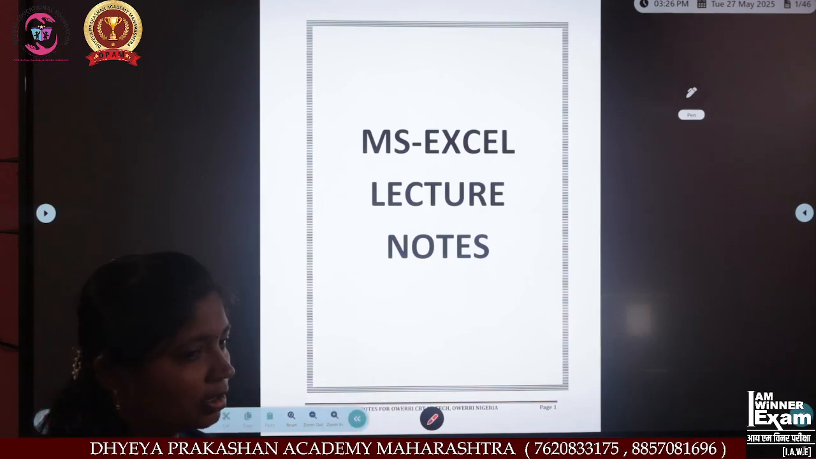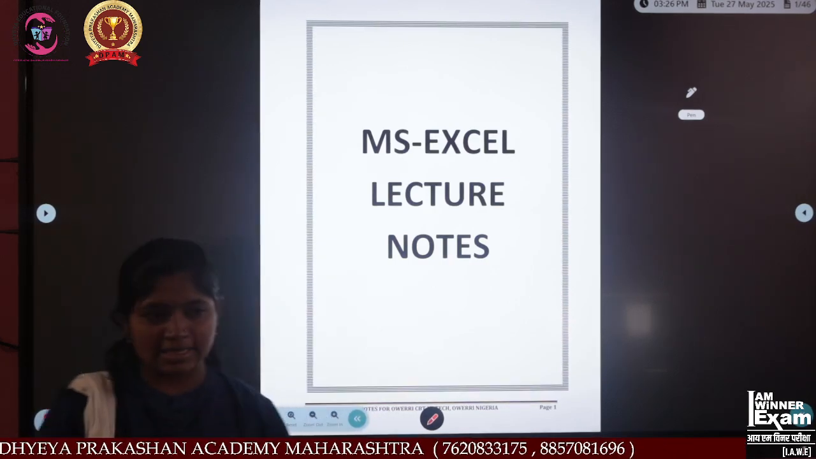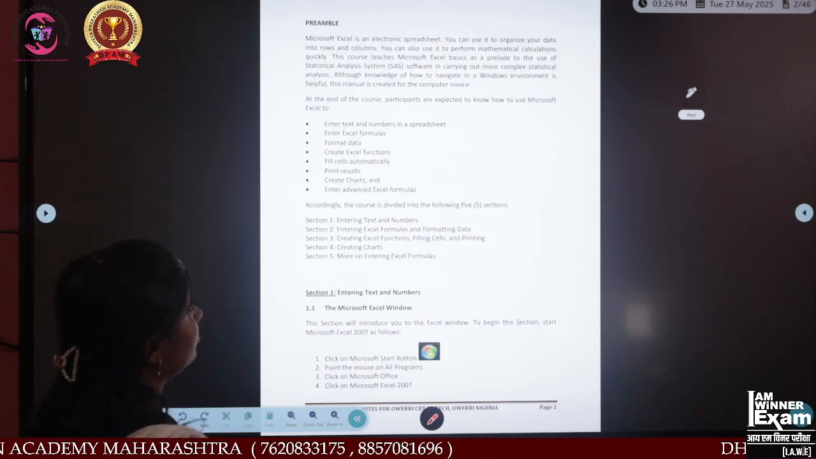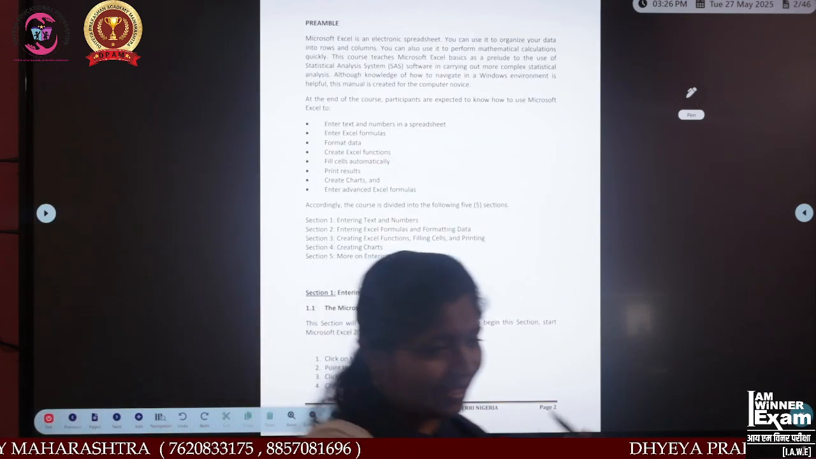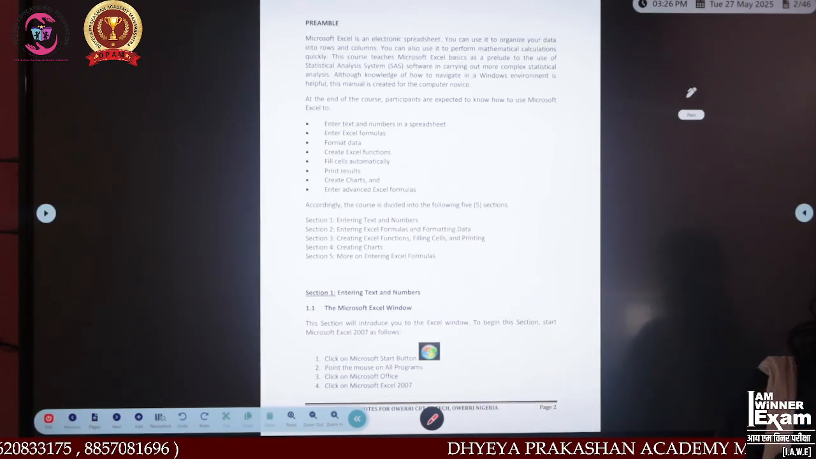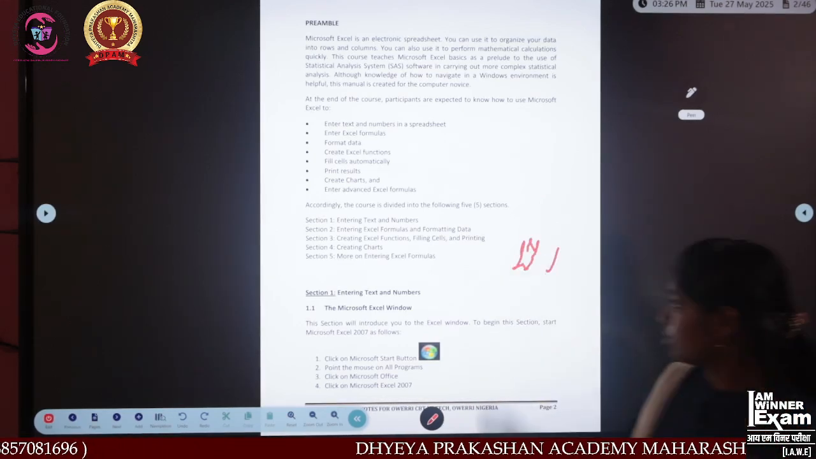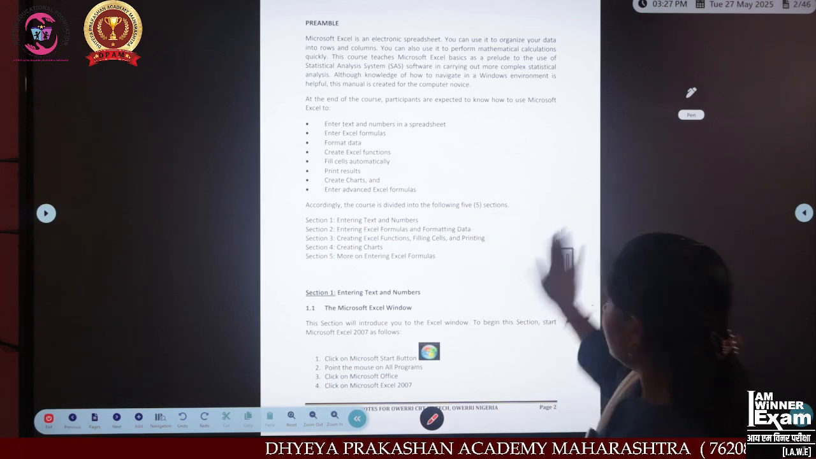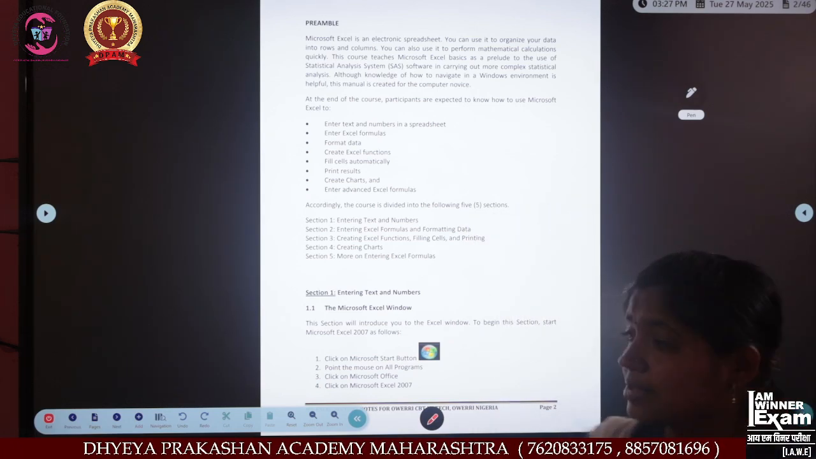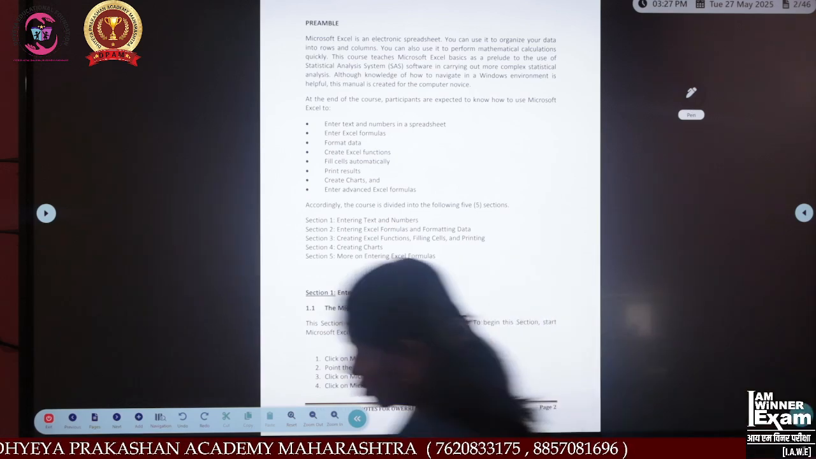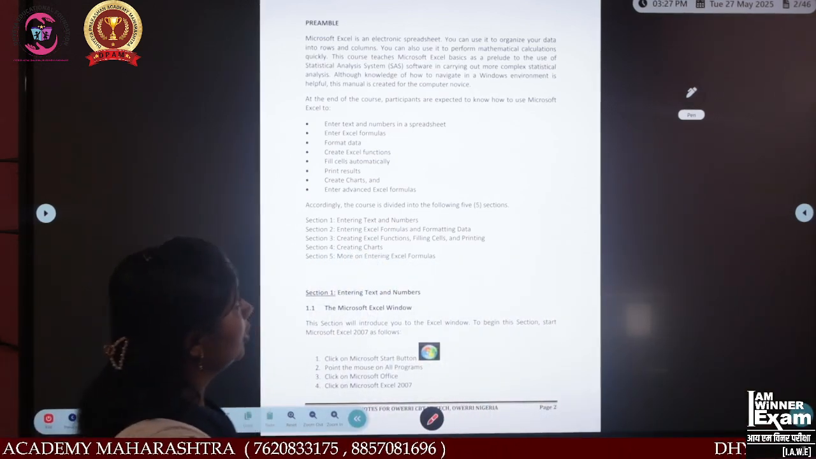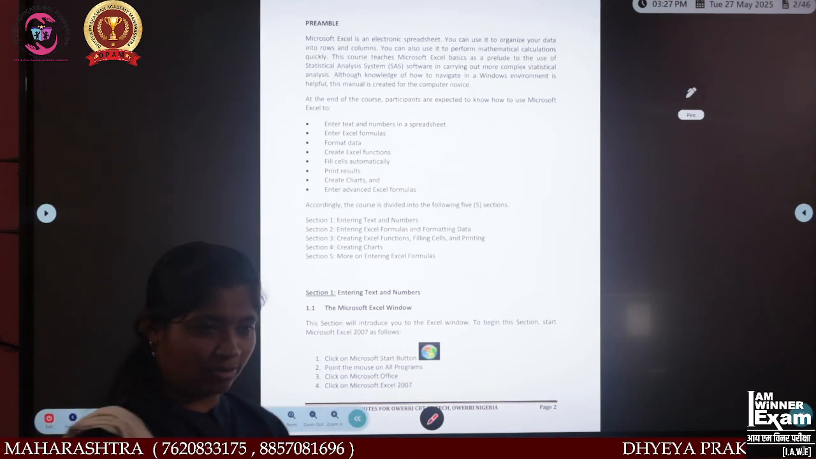Today we are going to learn computer subject MS Excel. Microsoft Excel is an electronic spreadsheet. You can use it to organize your data into rows and columns. You can also use it to perform mathematical calculations